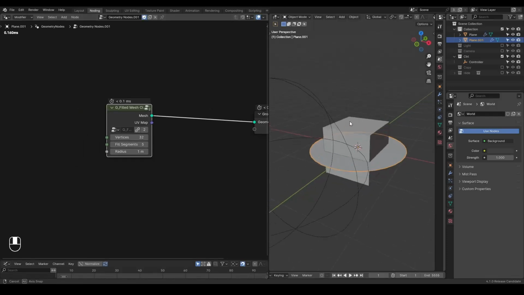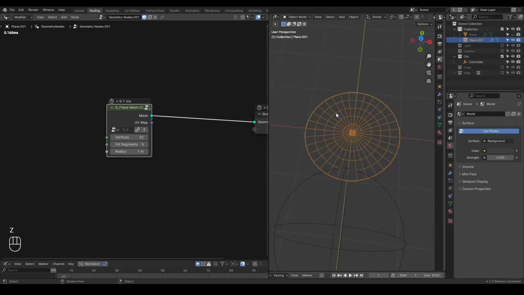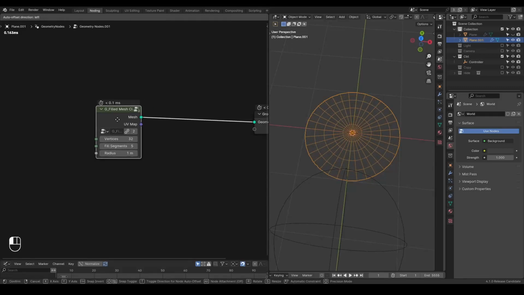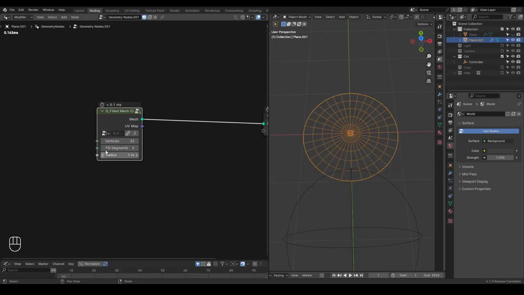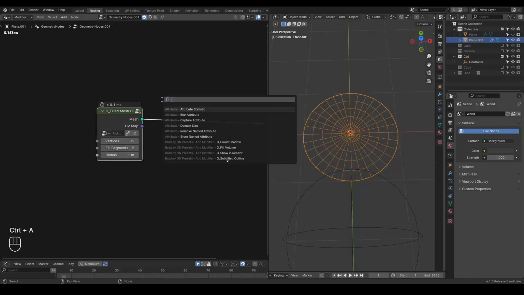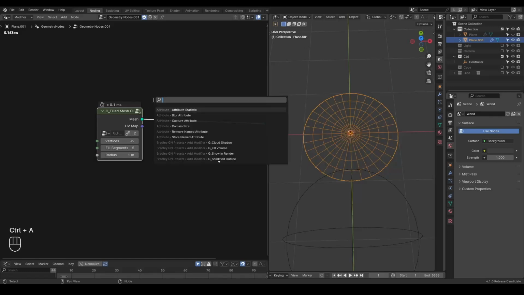The good part of this field mesh circle is that it's a field with rings segment. Okay, this is actually a cylinder object, which is very simple and easy. You can also use a curved circle, but I want these vertices being counted as a way of evaluation to the final geometry. That's why I'm doing this. So let's take this,